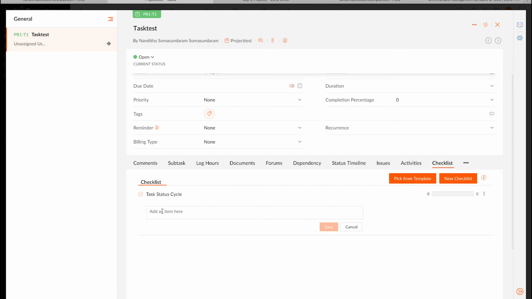So I'm going to go ahead and add few items. So I've just added few items like analysis, implementation and testing under this task status cycle checklist.